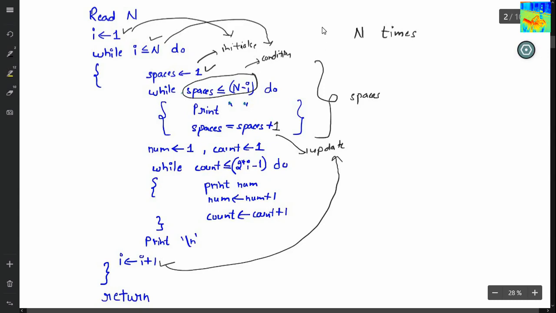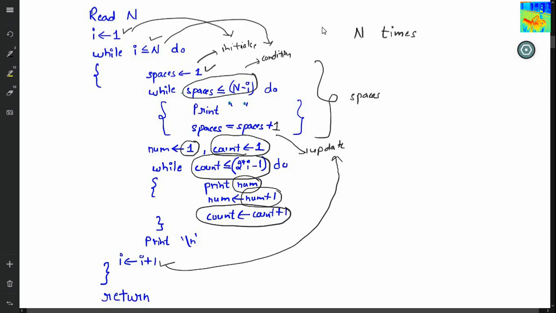And then we have to print numbers starting from 1. Starting from 1, I am printing numbers, and the value of number is incremented by 1. How many numbers do I have to print? I have to print 2i minus 1 numbers. So I need a loop that will run 2i minus 1 times: count equals 1, count less than or equals to 2i minus 1, and count equals count plus 1. With the help of these three, my loop will run 2i minus 1 times, and each time I am printing a number. When we have printed one entire row, I have to go to next row. So print \n will help us to go to next row. And this is our complete pseudocode.